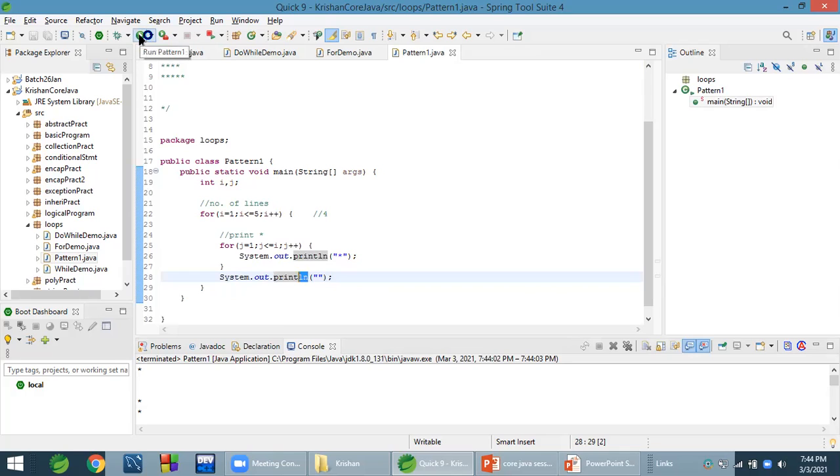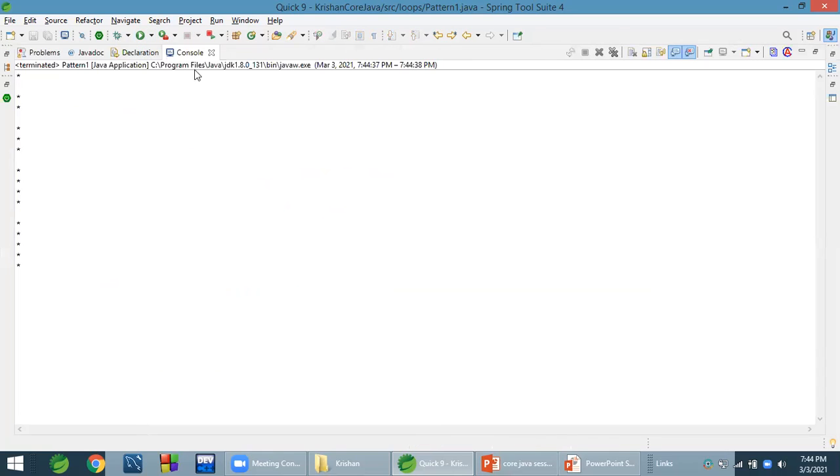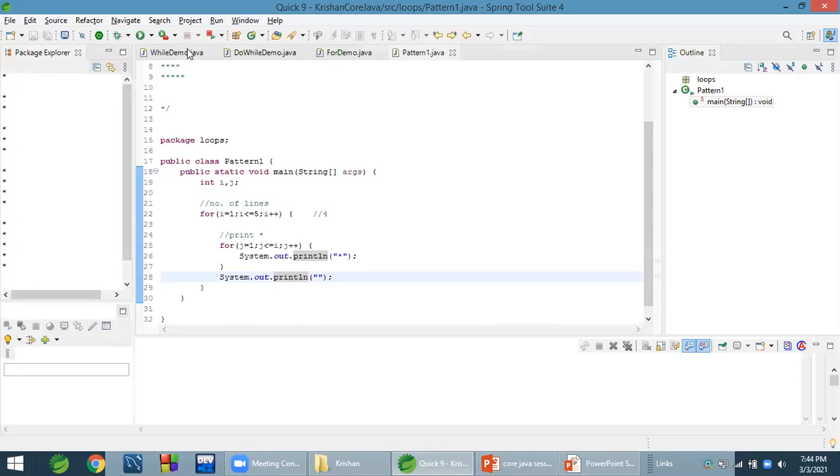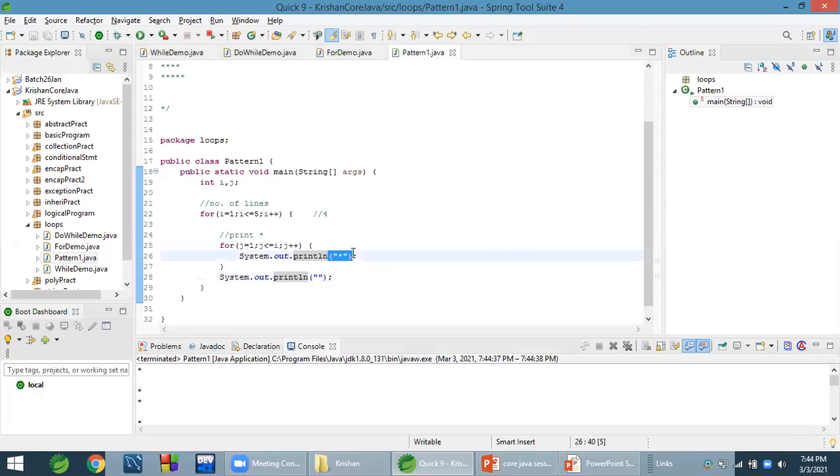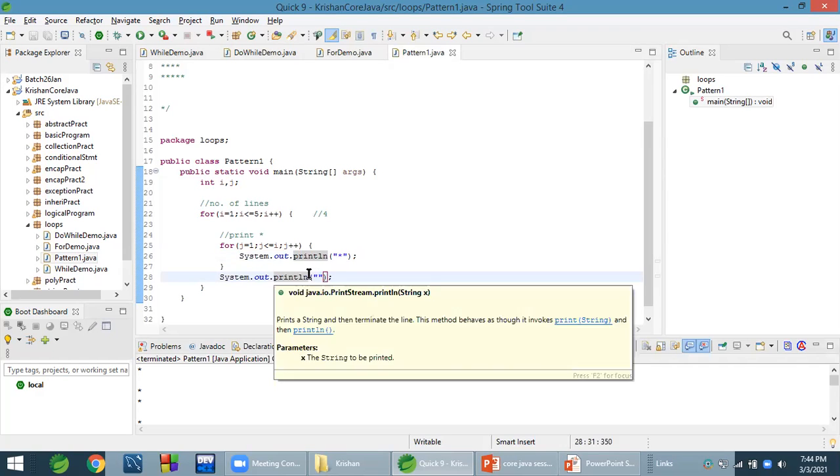So I am not using slash n again to go to the next line. Already we are going to the next line with this statement. Run this. The problem is still there, star star star, what is happening is when I print one star, condition false. Okay, let's remove this also.